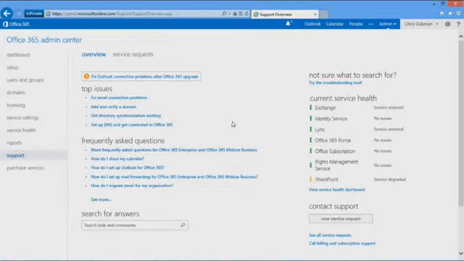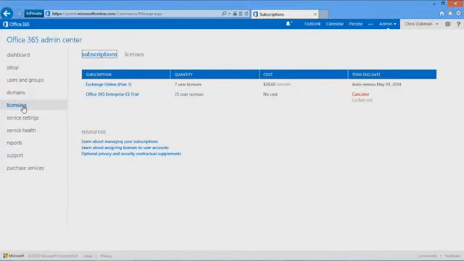Support. If we want to open a support ticket, this is where we do it from. If we want to search the community for answers, we can do that from here as well. So a question, can we mix licensing? Like having an E1 and an E3? Sure. If I go back, we'll do this real quick. We have a long module, so I want to make sure we get everything covered.